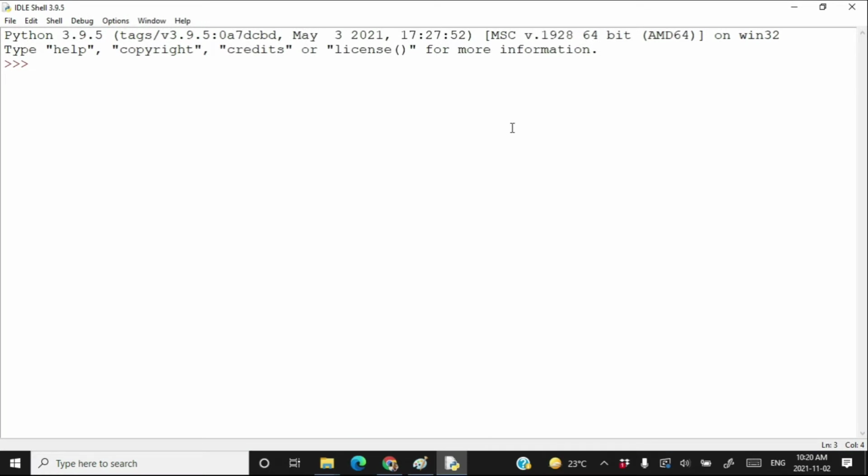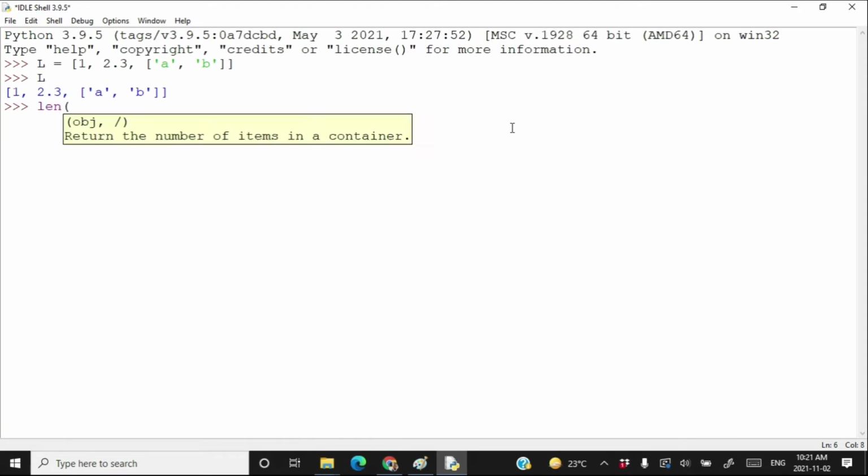Let's create a nested list practically. L is equal to 1, 2.3, a list having elements as A, B. If you type L here, this is the list. This list has just three elements.